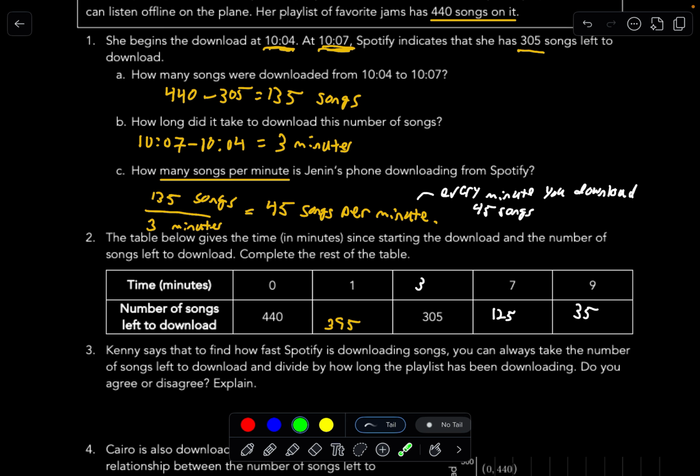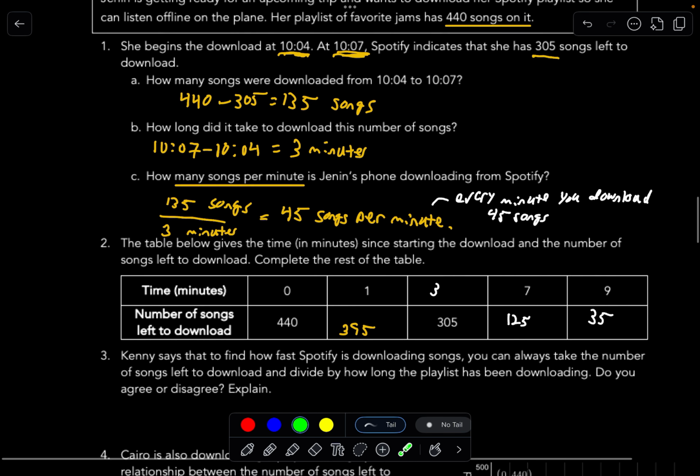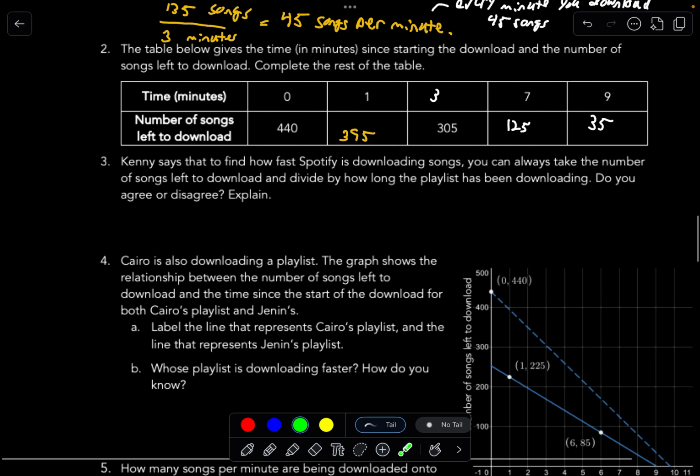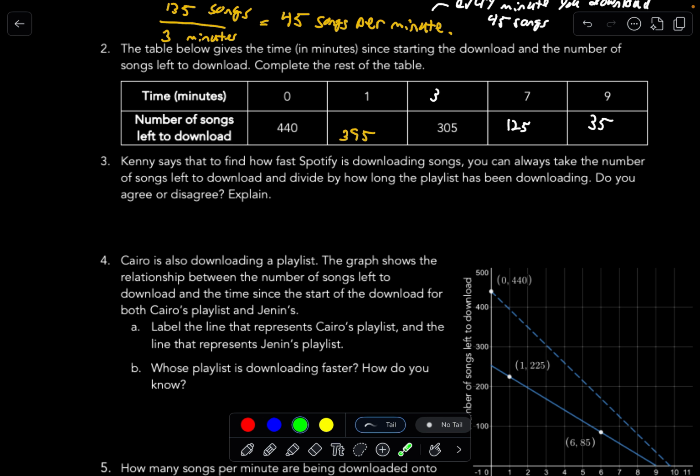Now, here we go. By the way, you should be trying to do this before you watch this. Kenny says that to find how fast Spotify is downloading songs, you can always take the number of songs left to download and divide by how long the playlist has been downloading. Do you agree or disagree? Okay. Well, if you really think about this,